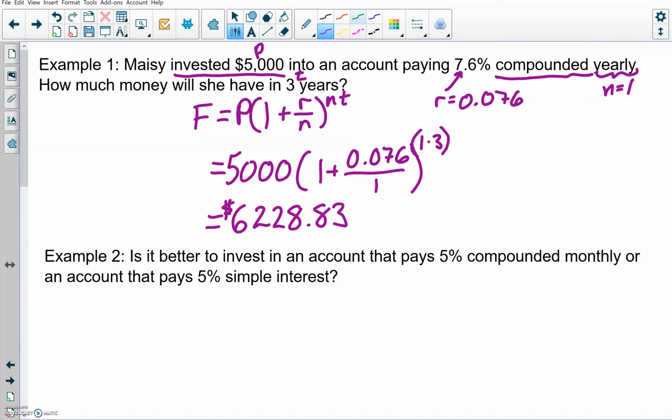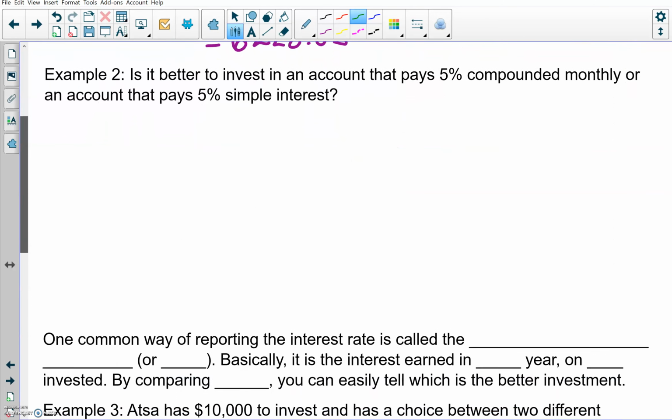All right, section 5.3, part 2. Got kind of cut off on the end of that last one, but I just wanted to show you at that end there how you type it in the Desmos, and I think I got everything I wanted to say about that said. So picking up here in example 2,